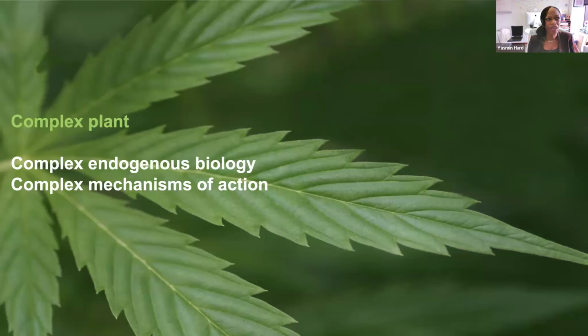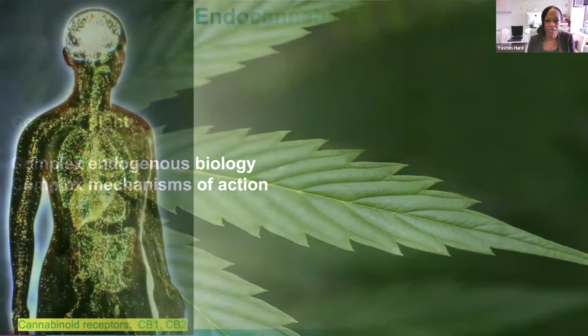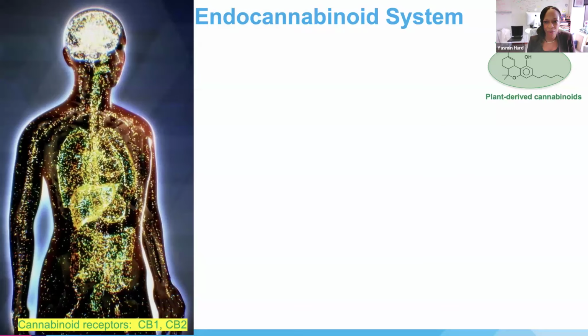So why, many people talk about, yes, initially this is an organic plant, but as I showed, these plants are no longer the original plants that were on the planet. They've now been mutated. They've now been changed to make these higher concentrated THC. They've now even made synthetic THC-derived products. But what does it mean for the body and the endogenous system? And our endogenous cannabinoid system, which is called the endocannabinoid system, is also really complex. And it's really complex in a number of ways.